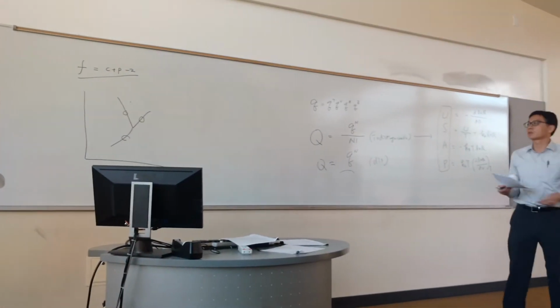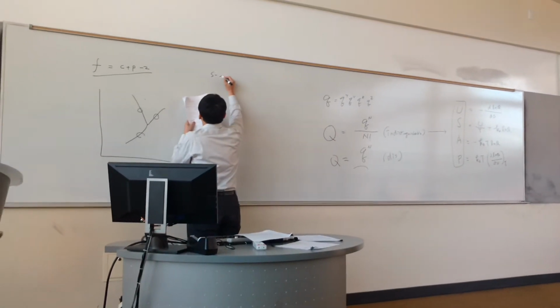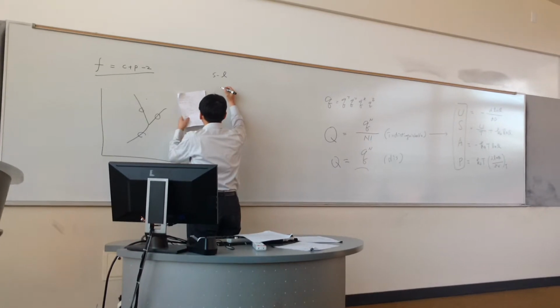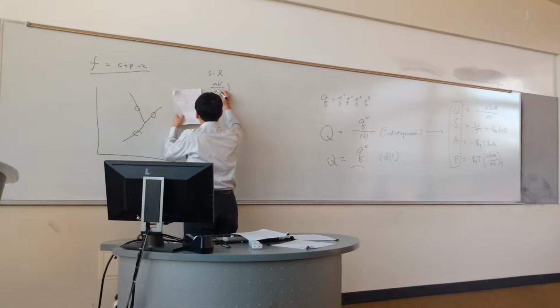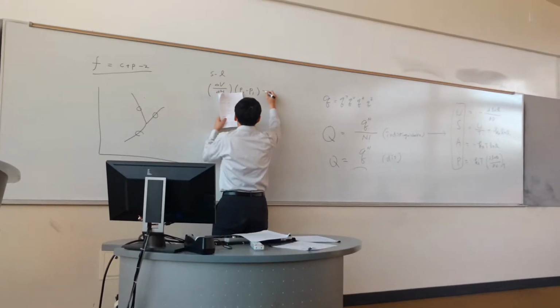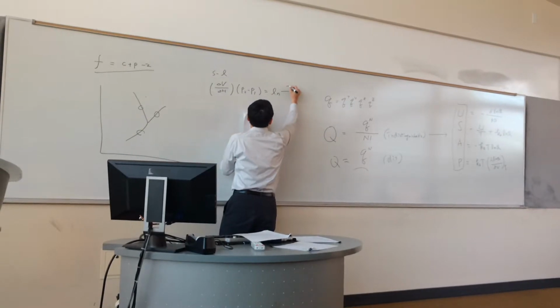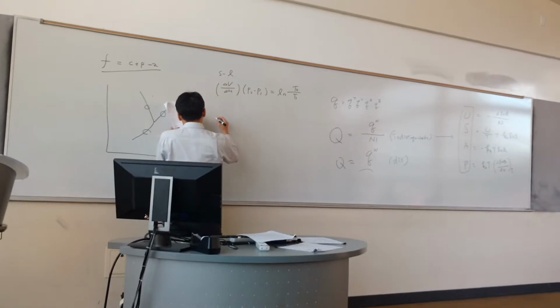So for the solid liquid line, the equation you need to remember is actually delta V over delta H, P2 minus P1 is equal to natural log P2 over P1. Okay? For the